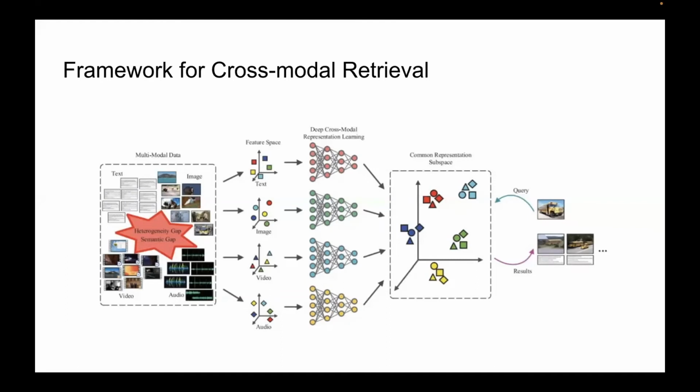While projecting them, we want to do common subspace representation learning using a pivot. So for each of the representations that you get, suppose you get representations for images, text, and sound, you want to create a subspace